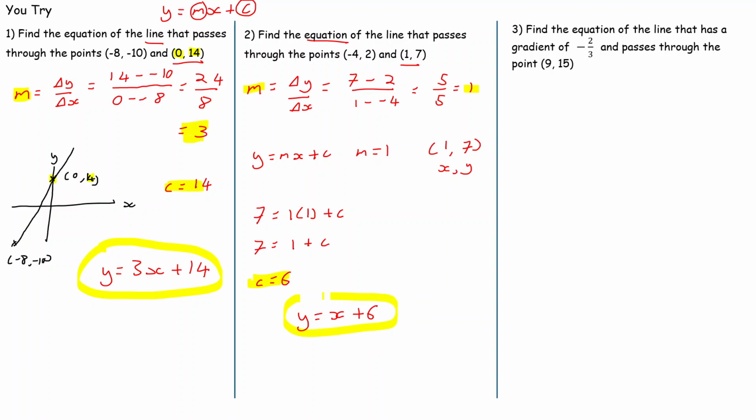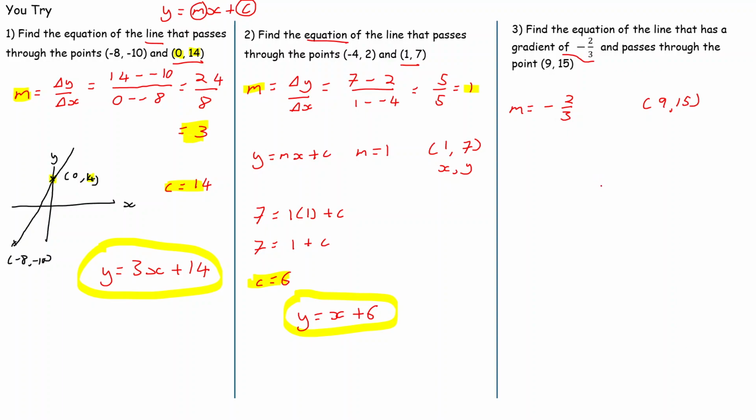There we go. Good. And then last but not least, we've got: find the equation of the line that has a gradient of minus 2/3. So it tells you that the gradient, which is the m part, is minus 2 over 3, and passes through the point 9, 15. So it goes through the coordinate 9, 15. So this time, a bit of a different format of a question, but